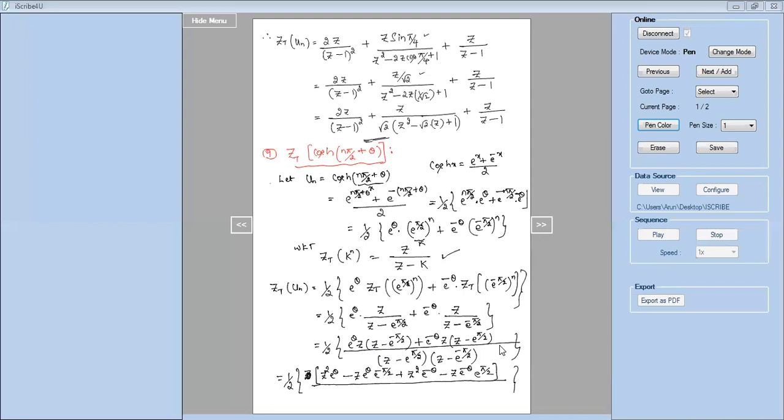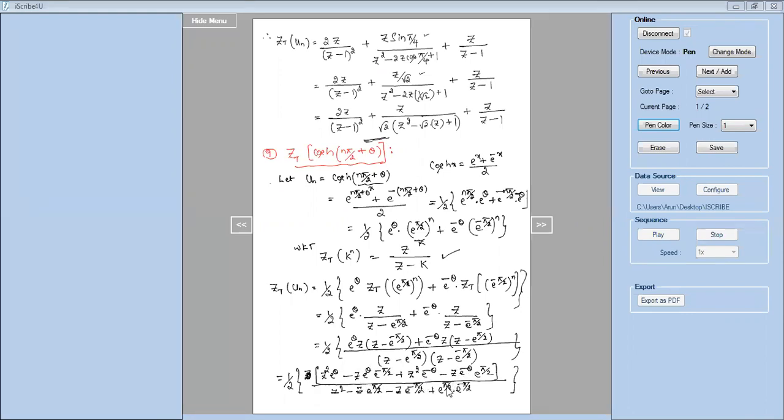So the denominator is, multiply these two terms. It becomes Z into Z, Z square. Then this is minus Z into e power pi by 2. That's next, this term into this term, it is minus Z into e power minus pi by 2, and the last term, minus into minus is plus, it is e power pi by 2 into e power minus pi by 2. Right, the denominator was multiplied.